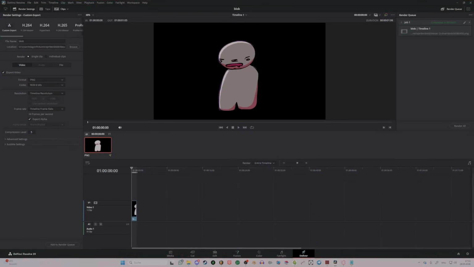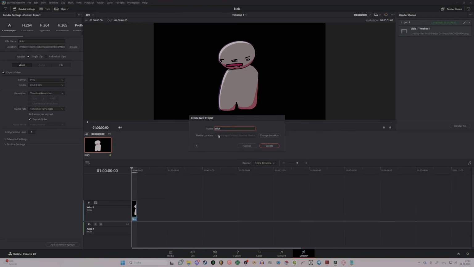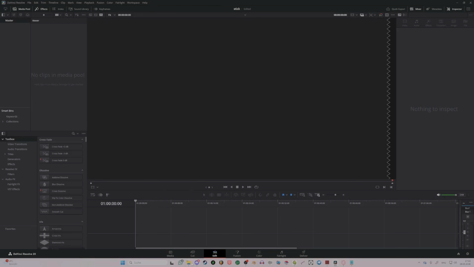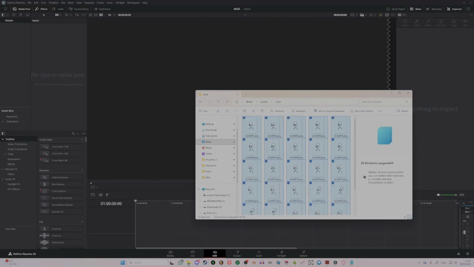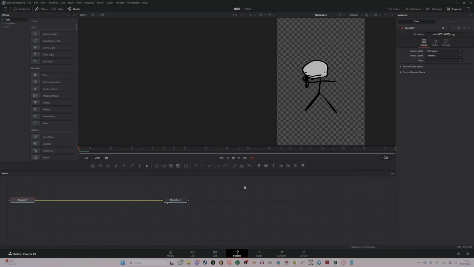So we can now open DaVinci Resolve, make a new project, just call this stick. DaVinci Resolve is this editing program, but you can do basically everything from After Effects in this. And the cool part is I can just open my stick. So find your PNG sequence, shift select everything, drag and drop this straight into the timeline, go into Fusion,